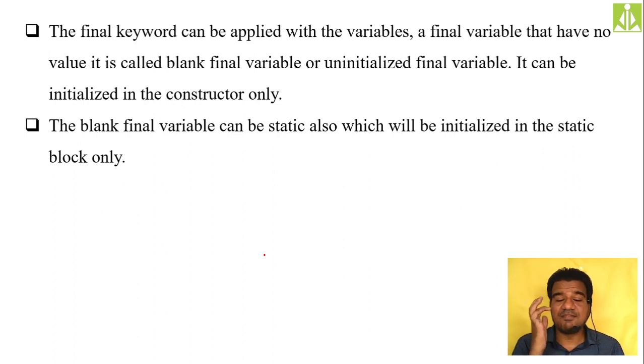So when you are making a final variable as a static one, the modification of that final static variable must be done from the static context only. Outside the static context, it is not possible to access your static variable, that you know already. So the blank final variable can be static also, which will be initialized in the static block only.